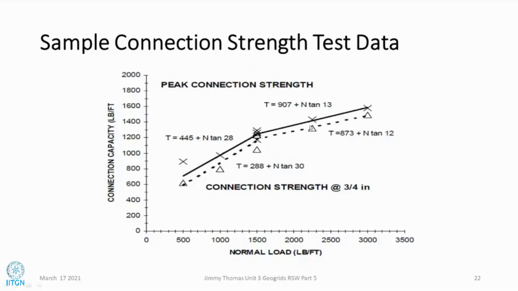This relationship will be unique for each type of block and each type of reinforcement. And sometimes you have a particular family of products. For example, Tensar manufactures PVC coated geothread with different strengths like 60 kilonewton, 80 kilonewton, 100 kilonewton. The products have a similar appearance and structure, but when you do the connection strength test, you will find that each product, like 60 kilonewton, will have a different type of curve, and 100 kilonewton may have an appreciably different type of curve. So each product and each type of block has to be tested.